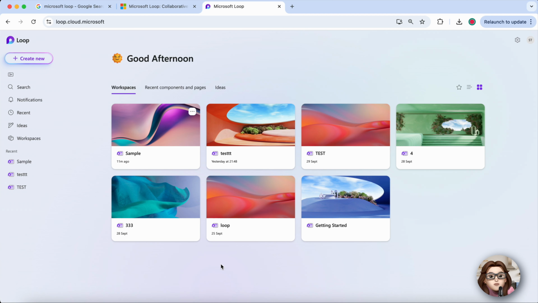And that's it. Renaming a workspace in Microsoft Loop is straightforward and helps keep your projects organized and easy to navigate. Remember, updating workspace names can help you and your team quickly identify and manage projects, especially if you're juggling